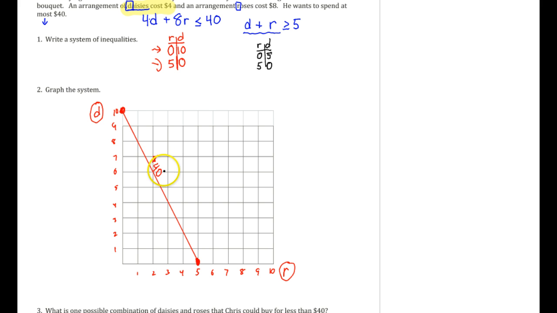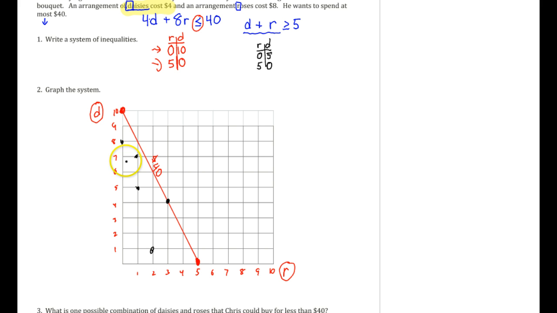So we want everything below this line so that it's less than $40. So down here below, all these combinations, 2 roses, 1 daisy, that's less than $40. 1 rose, 5 daisies, that's less than $40. 3 roses and 4 daisies, that's exactly $40 since it's on the line. So this is why you're graphing it, so you can see it,